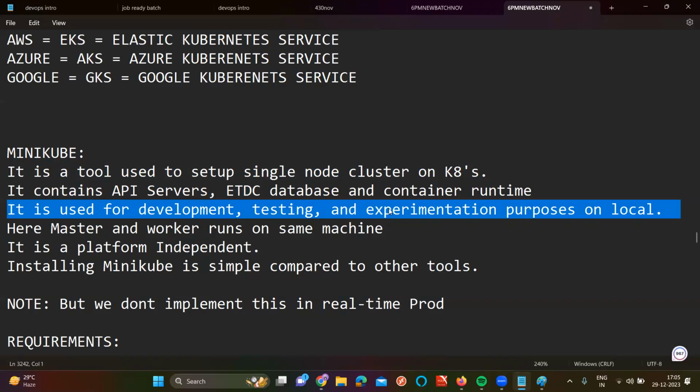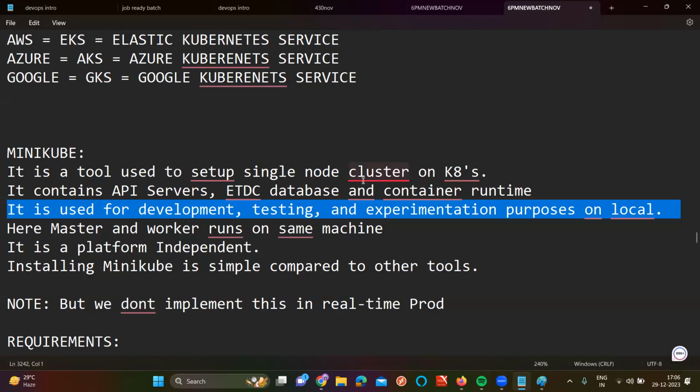If I keep everything on one node with no backup, and that node gets deleted, we don't have any other nodes to give the backup of the application. For that purpose, maintaining one node is not recommended in real time. That is the reason we use high availability. What is the meaning of high availability?